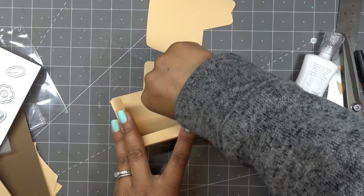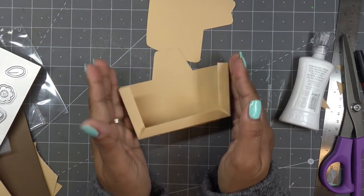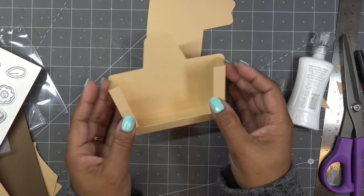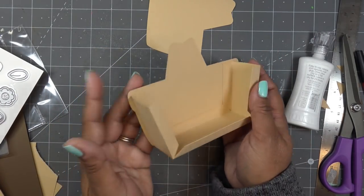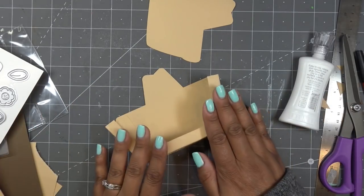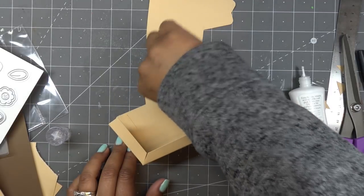It gave me a second to work with it. I'm positioning it out like this. If you want it straight up and down, you can do that too, of course. But from the top, it just looks cuter when it's kind of the same shape. And I can probably push that one out a little bit more to match this up, but I didn't, so here we are. Okay. And for the next side,